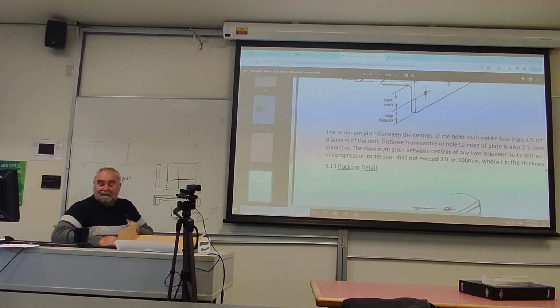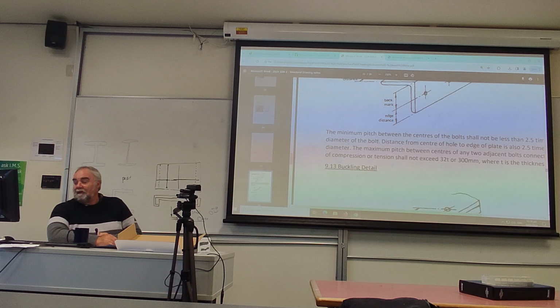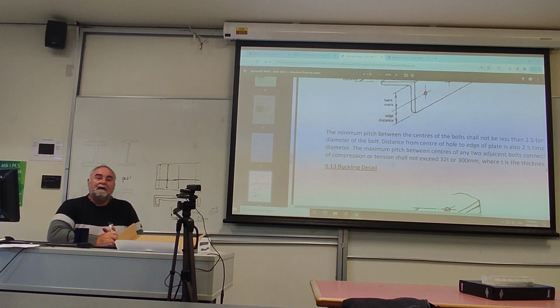the bolt, and then you multiply it by 2.5. So with plate design, or hole design or bolt design, whatever you want to call it, there are two factors that come into play: the 2.5 factor and the 32T factor, with other small variances. So we'll go over that before the test, because there will be some plate design in the